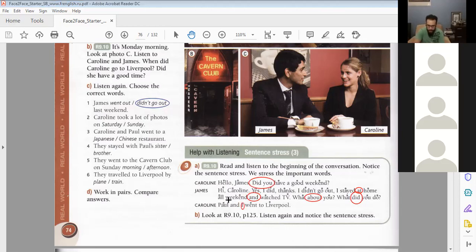Okay, so what does it mean no stress? No stress means